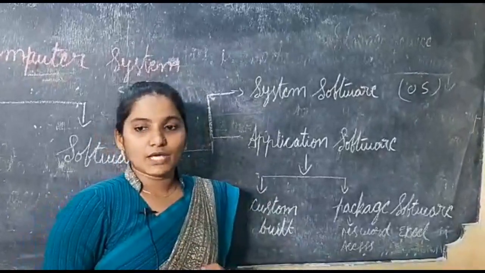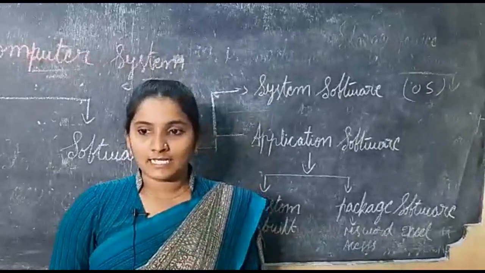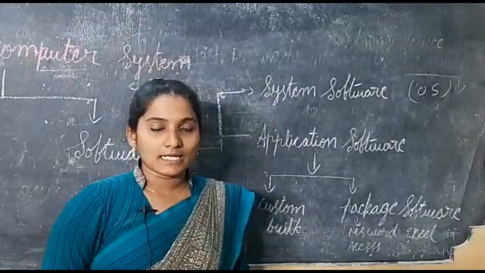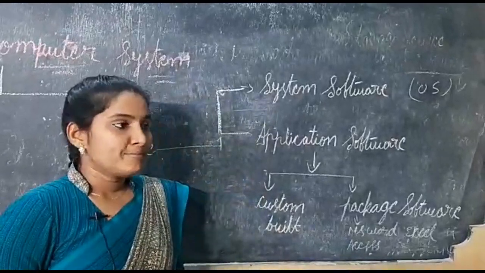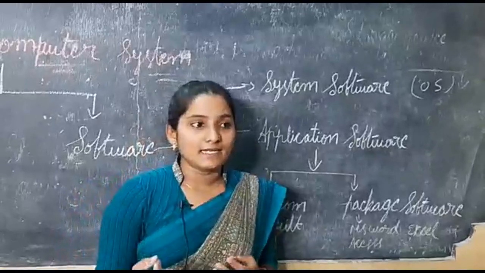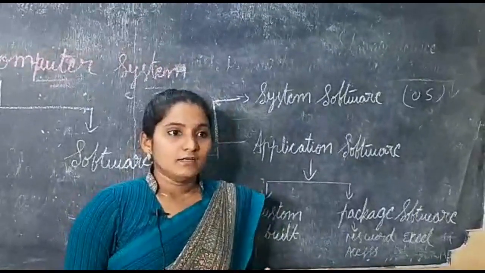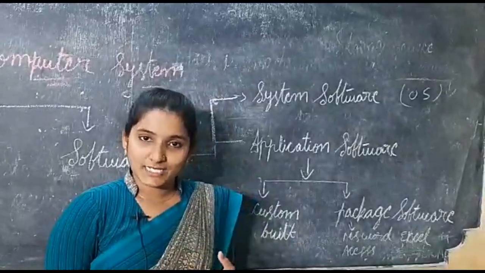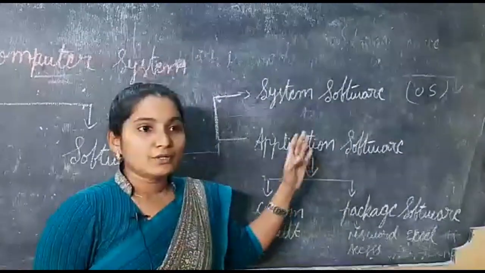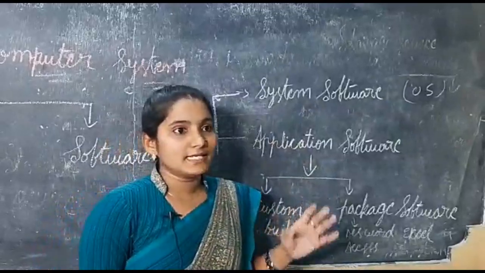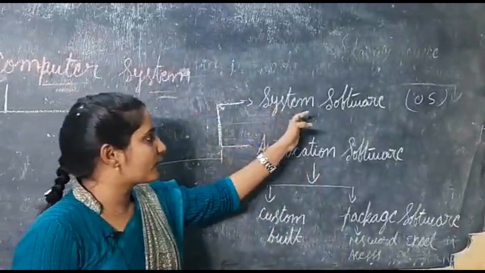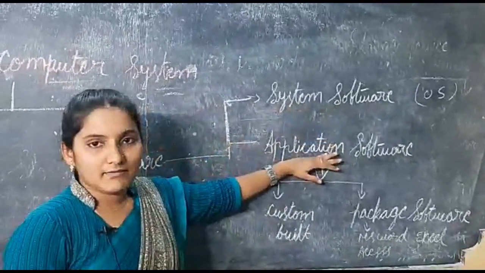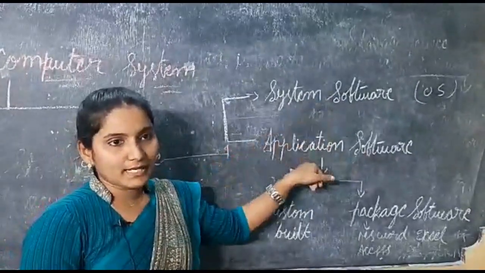Okay. In this package we use it to enter the data of a program. And next, Adobe Photoshop is also one type of package software. And to communicate with people, WhatsApp and Instagram are also application software. These are the two types of software we use on the computer: system software and application software. Only two types of software are available.